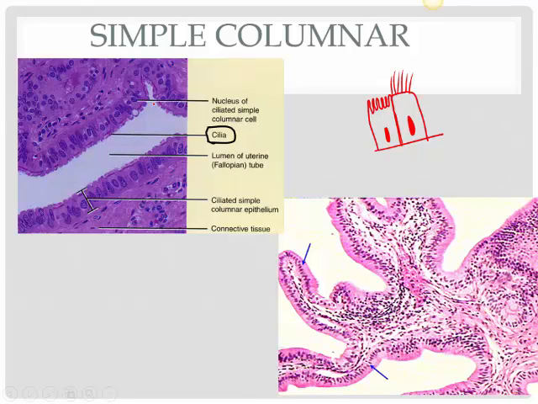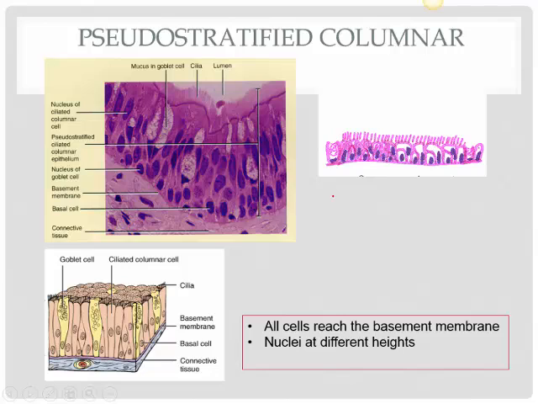Just cilia, we'll see in the next slide, that's seen in the respiratory tract, another kind of epithelium which also happens to have cilia. So you can have columnar epithelium, just simple plain columnar, or columnar with cilia, or columnar epithelium with that brush border, which is microvilli. This type of epithelium is called pseudostratified, and remember when we were doing the way we classify epithelium, I told you